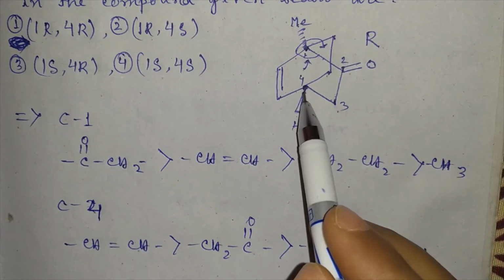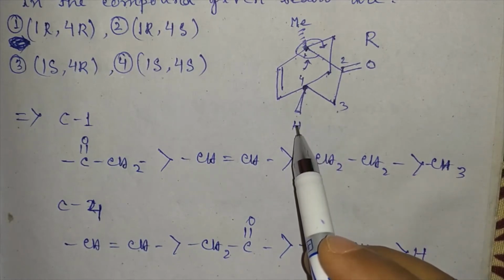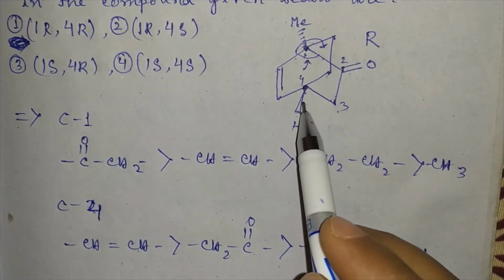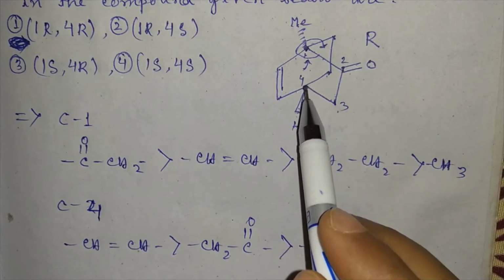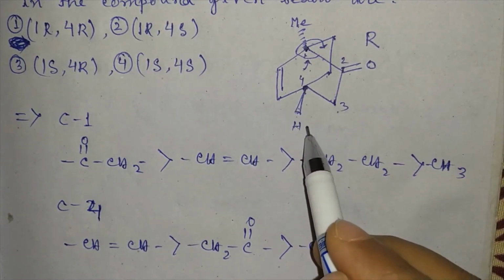So let's say that here the hydrogen is above the plane. Let's assume that the hydrogen is below the plane. So if the hydrogen is below the plane, then if we see in this way,